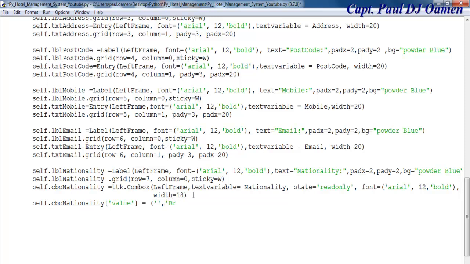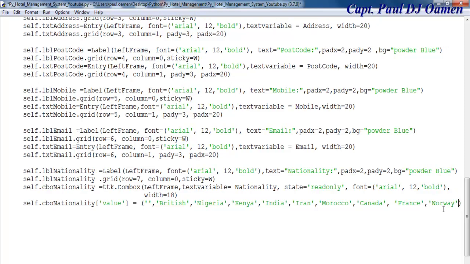Then the next one is going to be, let's say, British, and after that let's go for Nigeria. There, and let's just speed that up. Okay, now I have all the countries that I want in place. Okay, maybe I should add Norway. I know some people in Norway, so enter Norway as well. Right,